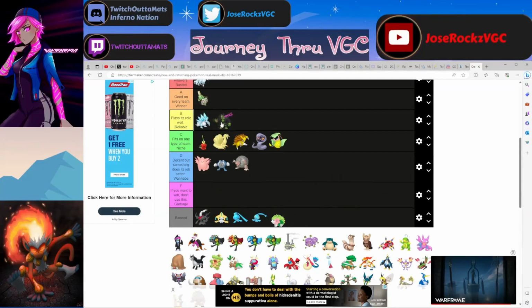Alright, so next, Okidogi. I think Okidogi is gonna go into, I would say it's a B tier mon. I think it's a B tier mon. I think it plays the role of what it wants to do pretty well, which is a Bulk Up user with Leftovers. It's not a D tier, so I can't put it as a wannabe,